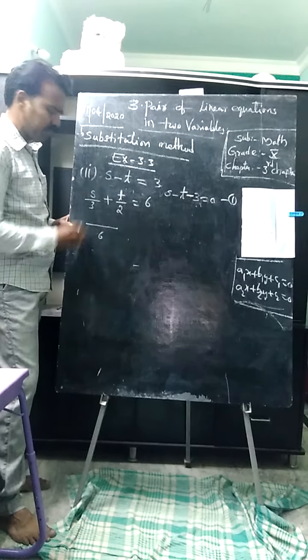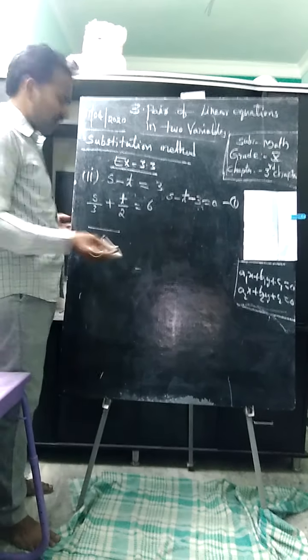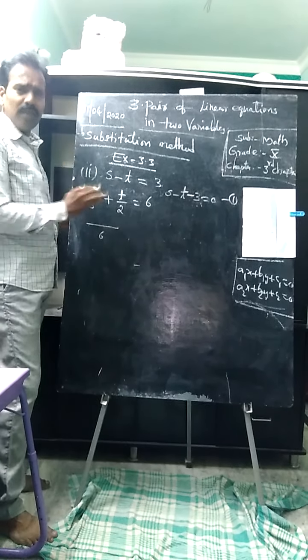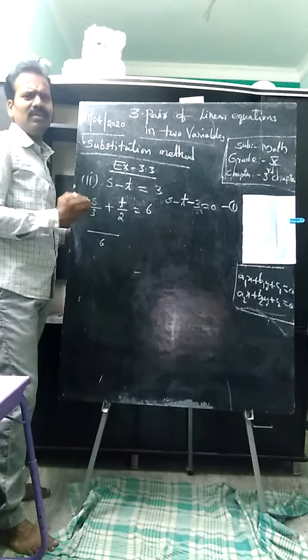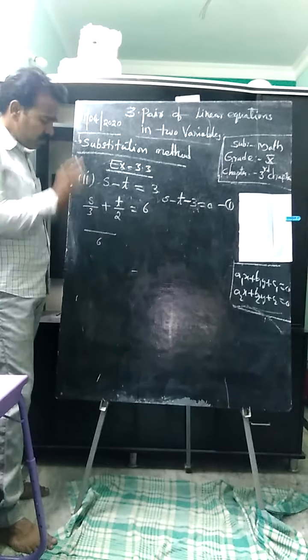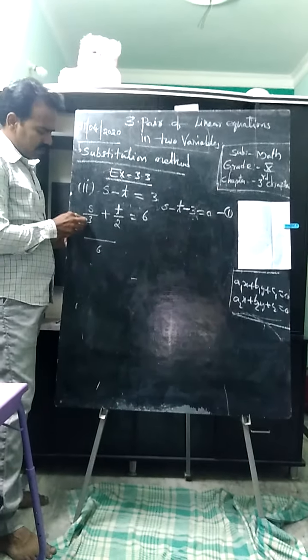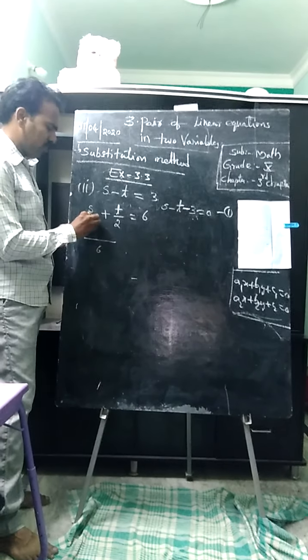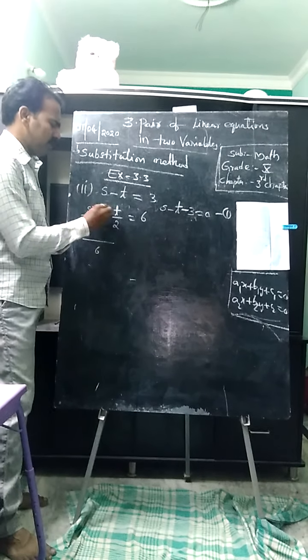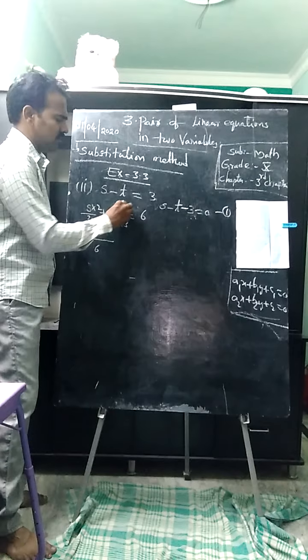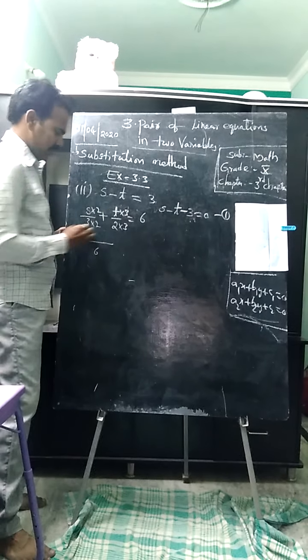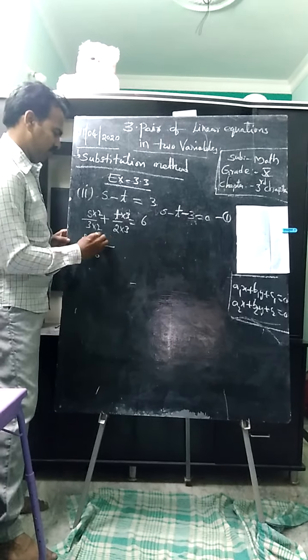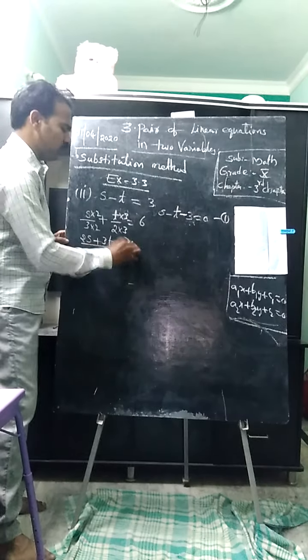So 6 is the LCM. You learned in earlier classes how to find the LCM of numbers. Even in 9th class, in the previous class, you learned the same method is applicable, to make 3 as 6 by multiplying by 2. If you know an alternate method, you can do that. Here 2 as 6, 3. After that we have 2s plus 3t equal to 6.